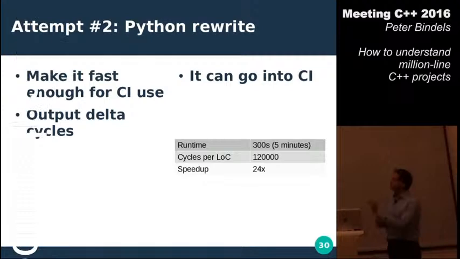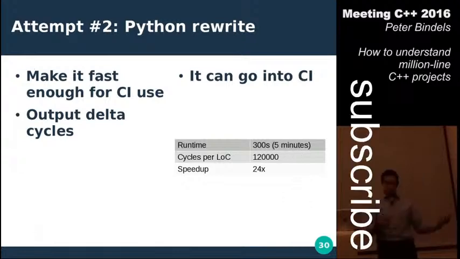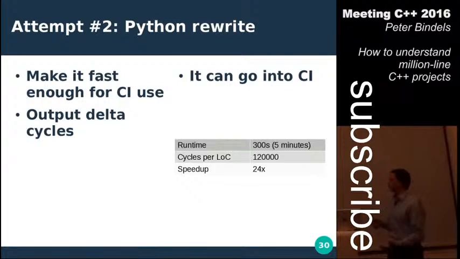So we make it fast enough for CI use. We can integrate it into the build system. It takes 5 minutes. The rest of the build takes 15 minutes, average incremental build, so it's 20 minutes. It's a reasonable percentage of that. Yeah, 5 minutes, I want to use it more. I want to do more with it, but I can't because it's still too slow. So I figured, well,